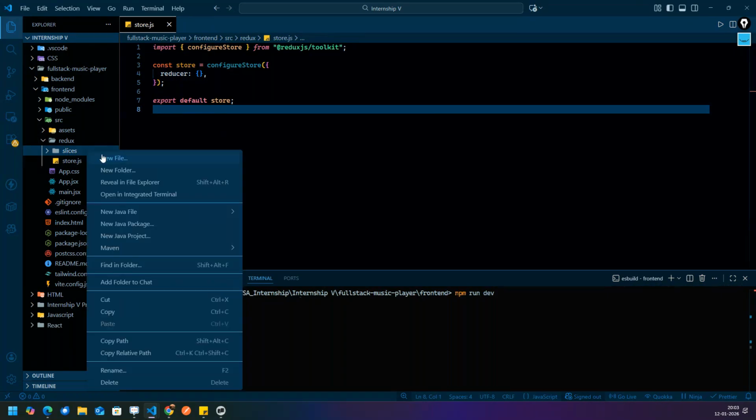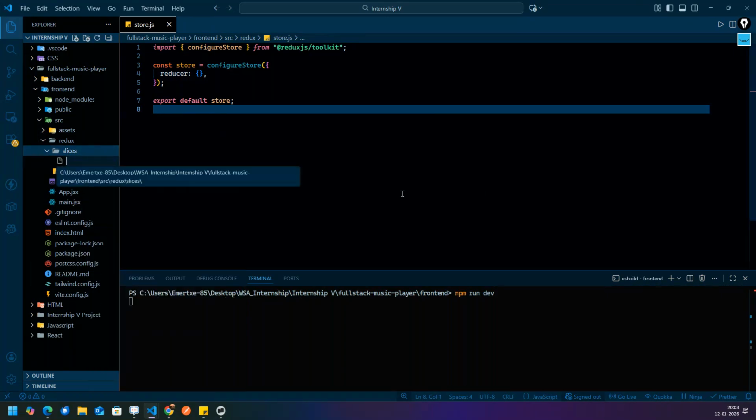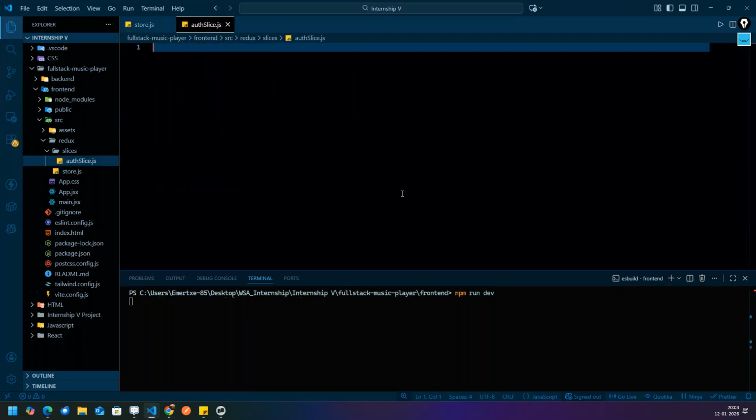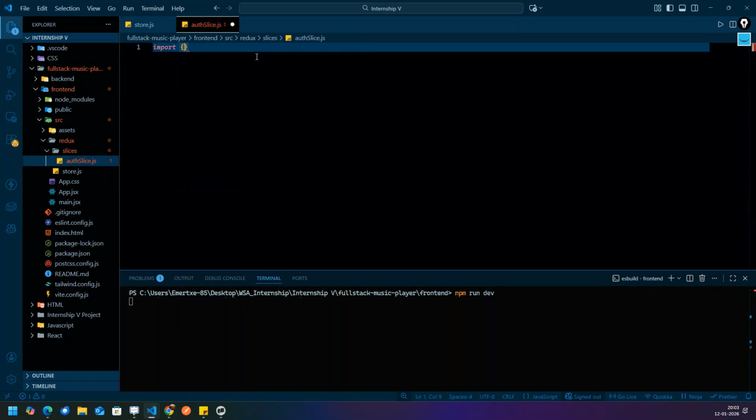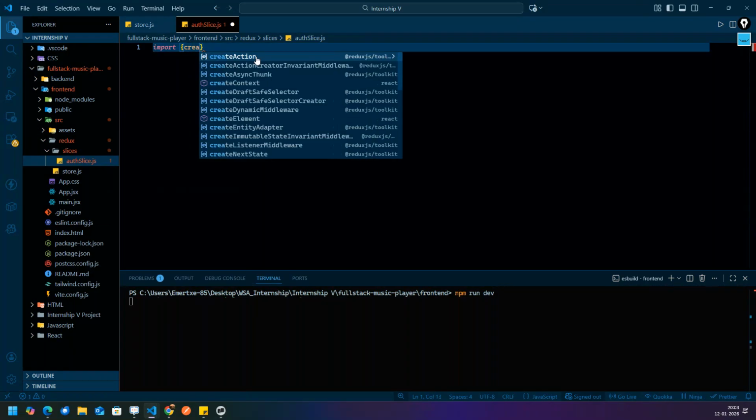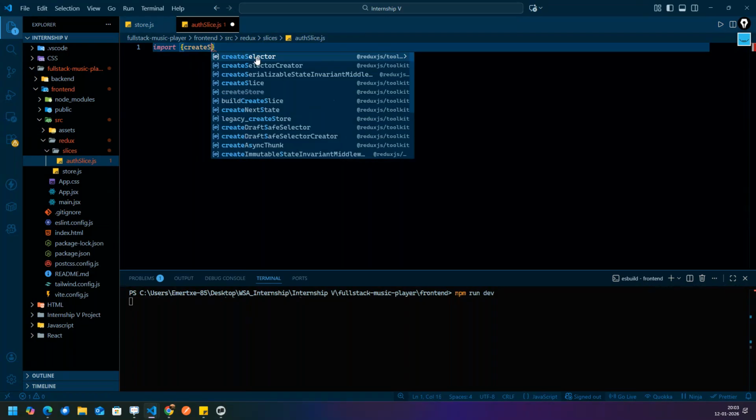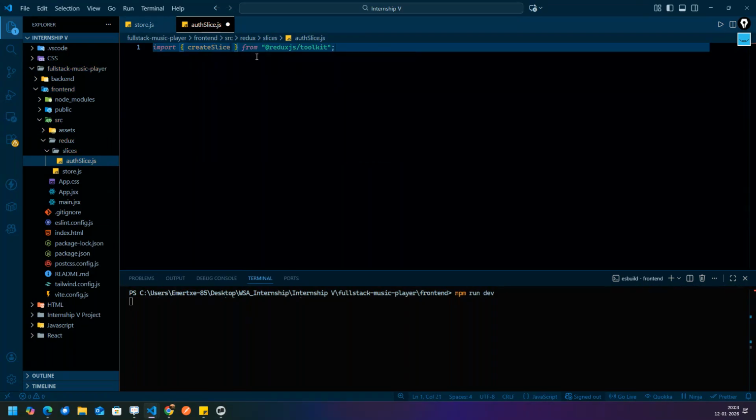So I will write a new file and this one will be authSlice.js. Now, guys, whatever the response comes, we have to keep it over here. Fine. So I will write import createSlice from Redux toolkit.